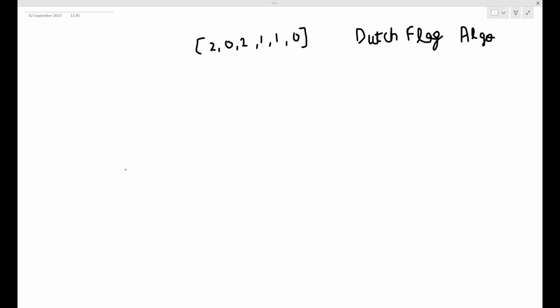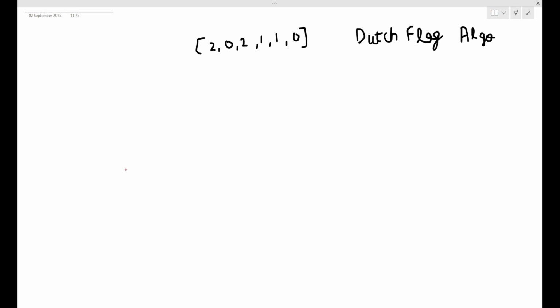So till now we have thought of a better approach than the brute force one, that is counting all the occurrences of each of the elements and then placing them as per the order, that is first 0, then 1, and then 2, right? Now this new algorithm to solve this problem is a very famous algorithm, and we call it the National Dutch Flag algorithm, right? So before we start making dry runs and everything, let's see what this